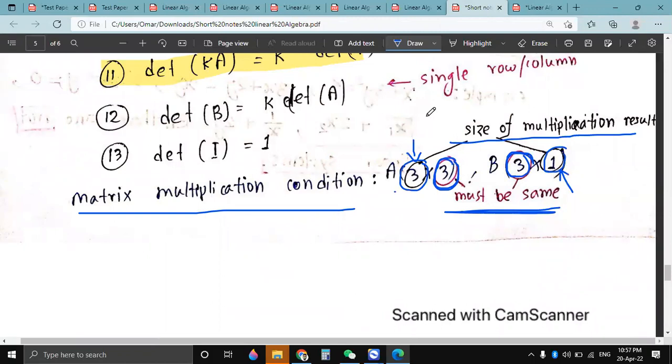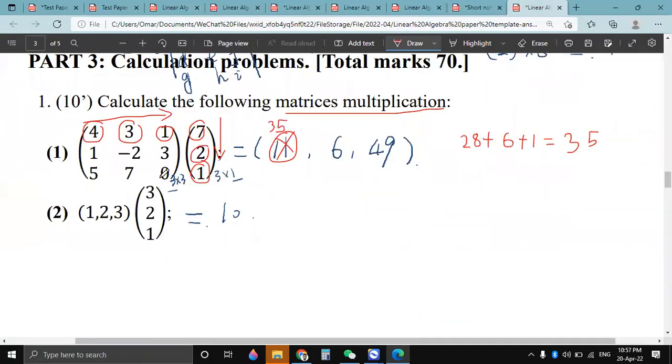So as we see here, for this particular matrix, our result will be a 3 by 1 matrix. We can see the number of columns of the first matrix and the number of rows of the second matrix are similar, right? So it will be a 3 by 1 matrix. That means Laushi has written it the wrong way, right? So it will be this way. The first entry will be 35,